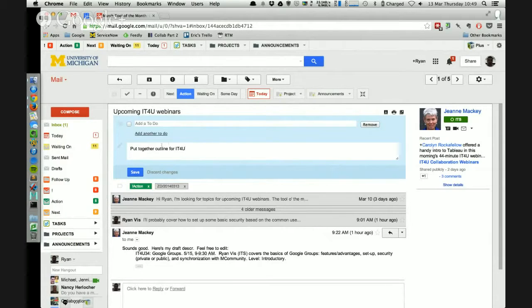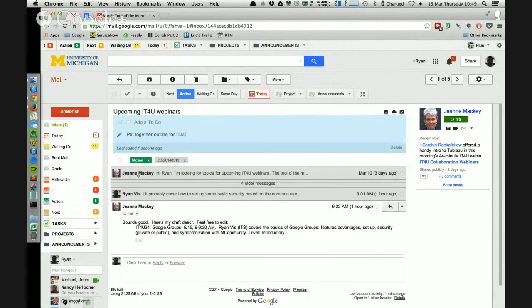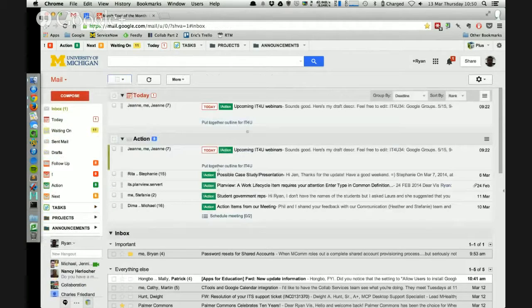And maybe that's something I need to accomplish before I can actually respond meaningfully to Gene. I can save that. When I open the conversation, all of these things appear at the top. What's really handy is when I go back out to my main inbox, that task or note also shows up with the conversation right there. So I don't have to go into the conversation to get that context. It's available right in my inbox.